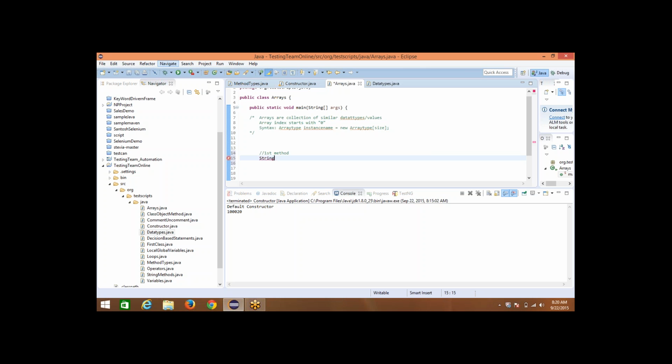Instance name, here we want to have braces since it's an array. String array, any instance name you can take. I am taking just str equal to new string of 2. 2 is the size. Okay. Now if I want to add values, you can add like this: str of 0